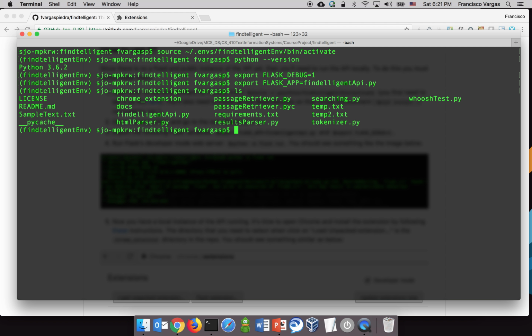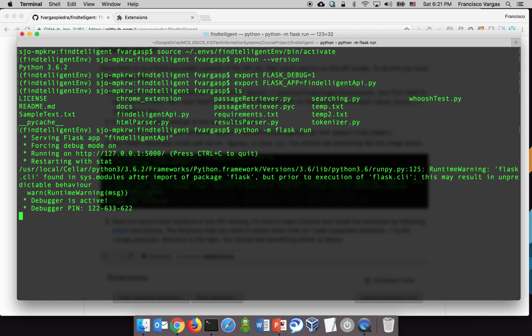Right now I'm on the root of the repository, and as you can see, FindTelligent API.py is just right here. So after you do that, you can just run python -m flask run. You press enter, and you now have a developer web server, and your local machine is listening for API calls